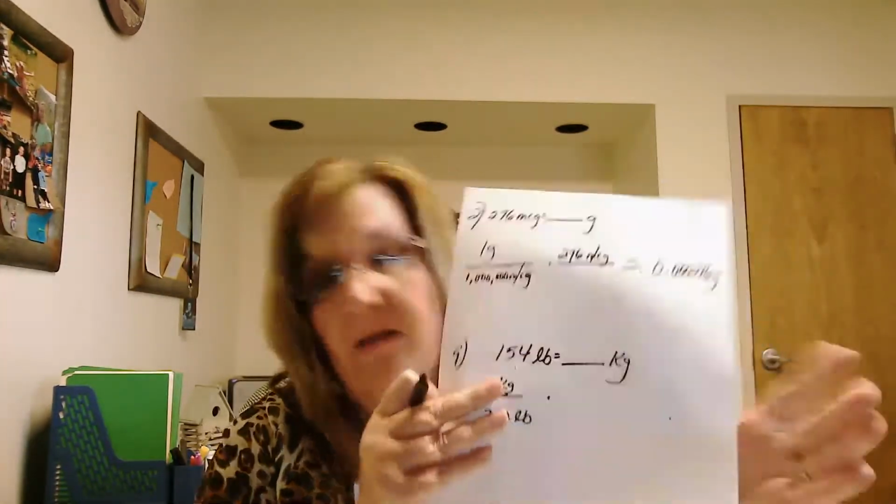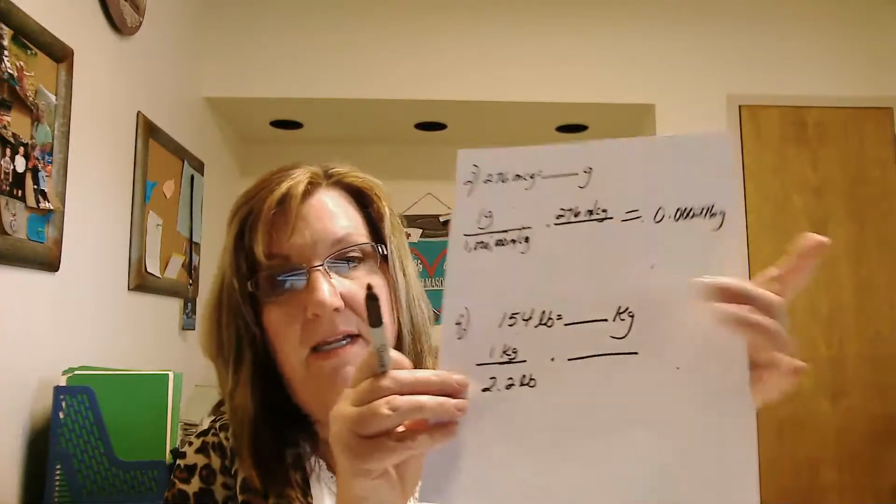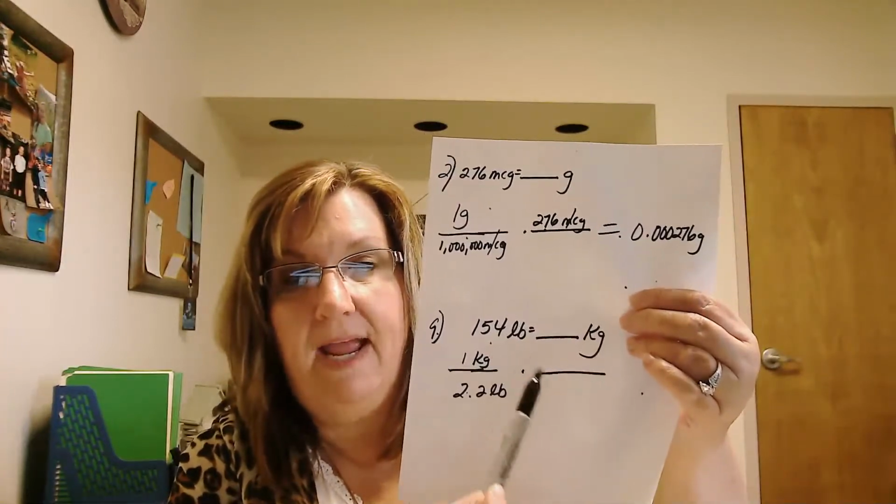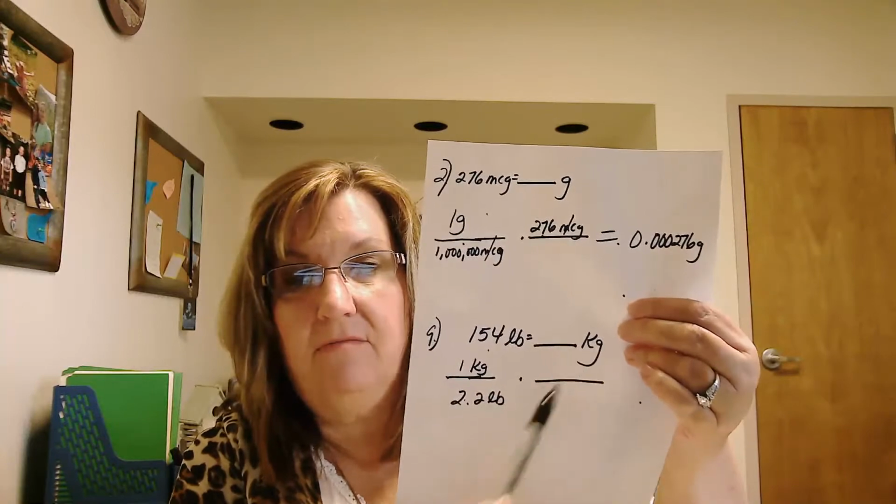So we're looking for kilograms. So we know if we're looking for kilograms, what has to go on top? Kilograms, right? So 1 kilogram to 2.2 pounds. That's how I would start it, right there. Then we're going to multiply times what? On top right here, what do we have in this problem? If we're at pounds here, we have to go to pounds here, right? Pound, pound. Okay, so we put 154 pounds. And so we're going to X out the pounds, and we're going to be left with kilograms. So after you multiply that all out,